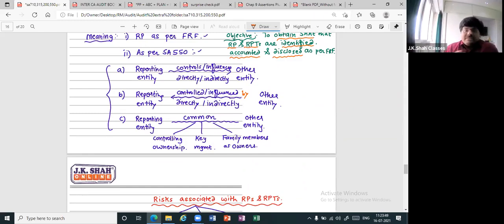For a simple example, if I want to sell to my brother, I don't have siblings, but still an example, I will sell at a lesser rate, or I will even give it free. But as an outsider, I will charge money. So whenever there is a related party transaction, there is a problem. Eventually the shareholders will suffer. Will it be at the same terms and conditions? No. So can it be different?